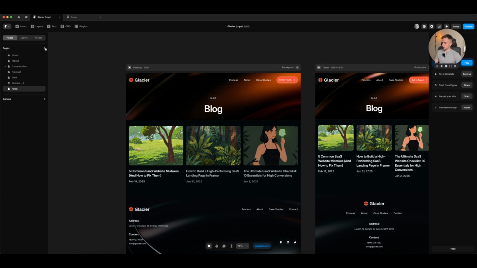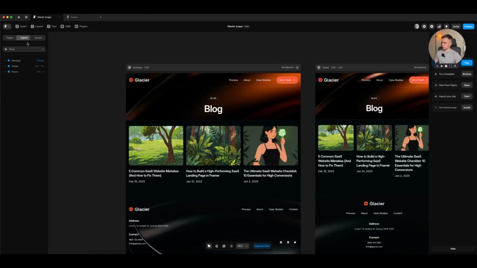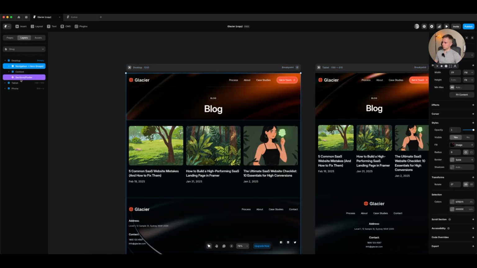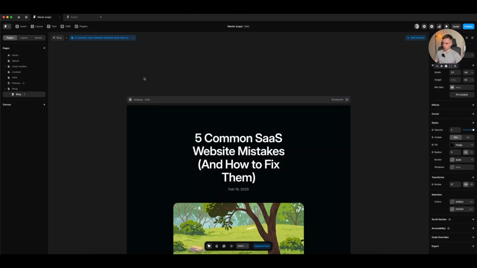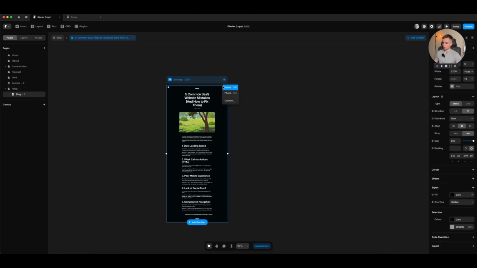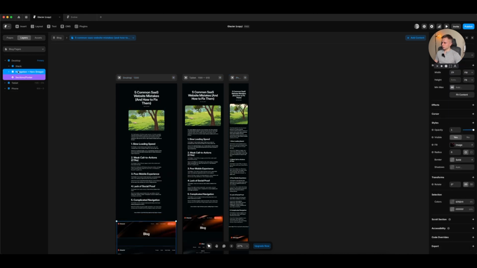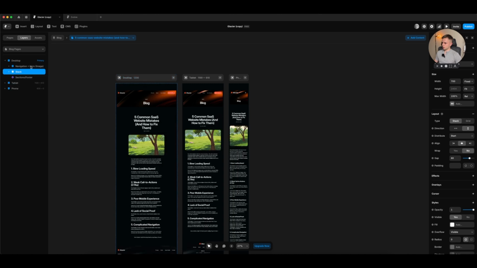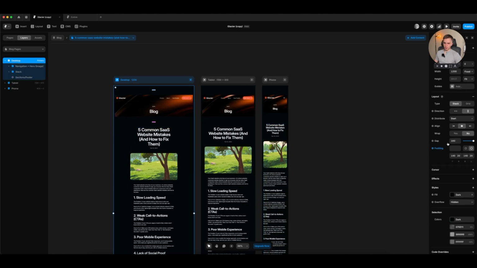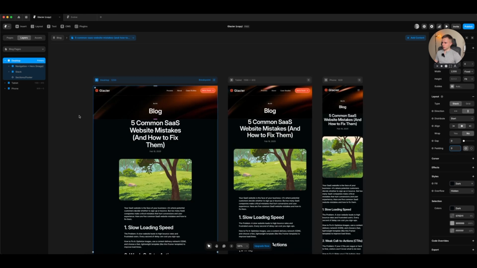So we're going to go to pages again, click the plus, new CMS page, and blog detail page right here. Now I'm going to grab our footer and header once again from our template, and I'm going to paste it inside of the, actually, first, before we paste it in, we need to add our tablet and phone breakpoints. Now I'm going to paste it in. I'm going to go to layers, bring them up top, bring the stack between the navigation and footer. Now we're going to select the desktop breakpoint, remove the gap, remove the padding,